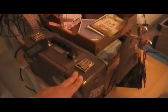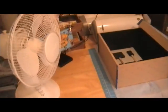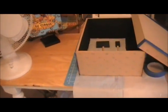And this is probably, I use this 100 times more than I actually use my Cricuts. I love to use this machine. It's probably my most favorite tool I use. And my fan, because it gets pretty hot, because as you can see from the glare in the room, the sun faces my window in my room here, so it gets pretty warm. Underneath my table,